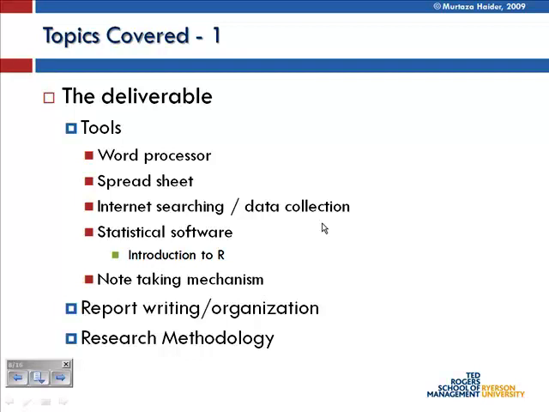You also need to have a note-taking mechanism. A note-taking mechanism is when you read a paper, a research paper, which is a journal article, or it could be a newspaper article, or it could be a website. You need to archive that information so that it is readily available to you. And there are a few software out there that do this job for you. Commercially available software are called Reference Manager and then EndNote. And there's a freeware for this as well. It's called Zotero, and it works with one of the internet browsers.